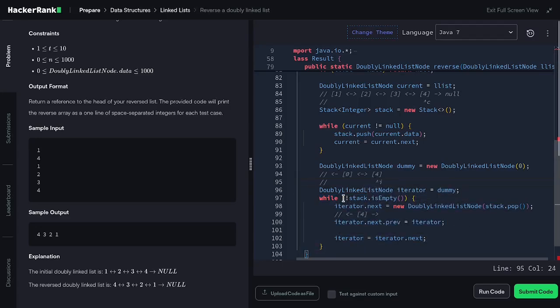It's because the stack is still not empty, because the stack has the values of 3, 2, and then 1, and that way the iterator pointed to the iterator.next, which points to the node 4 right here as the current iterator variable,